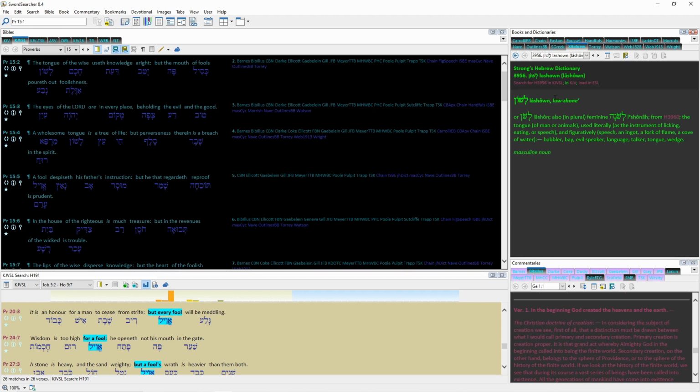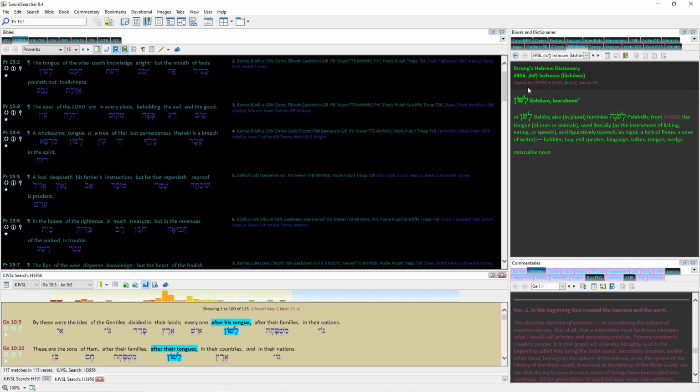If you wanted to go deeper with this one word, the tongue, you can search for H3956. If you click on it, it'll bring down here the search of that specific Strong link, and it'll show you every time that it's mentioned, or every single time a phrase that has that word intertwined within it.